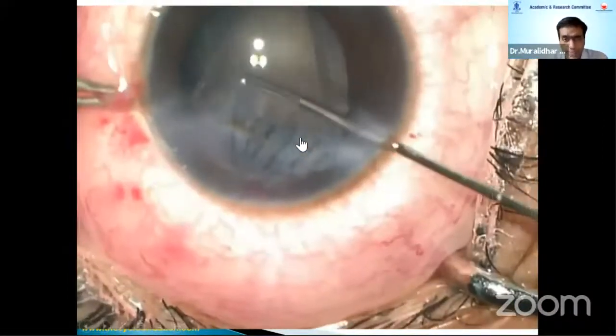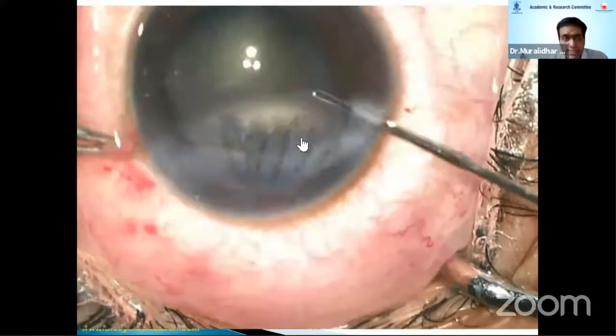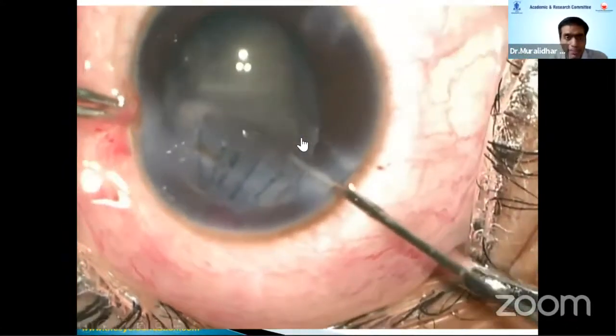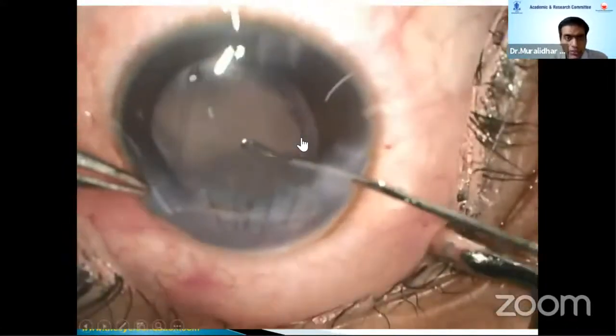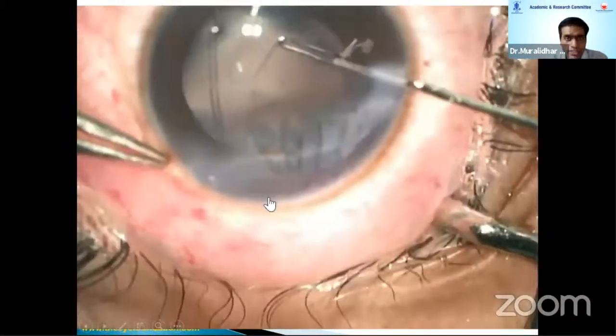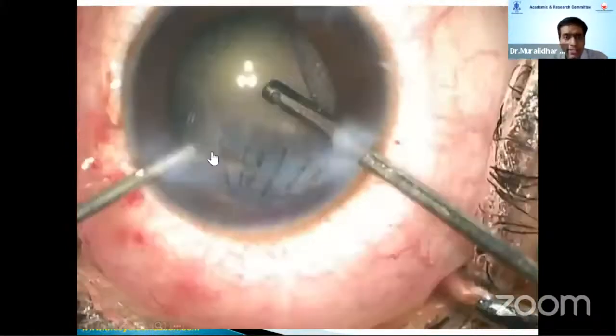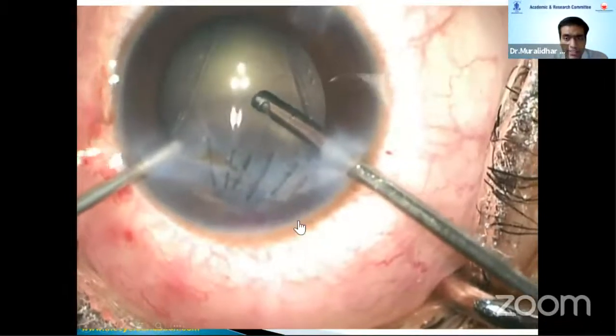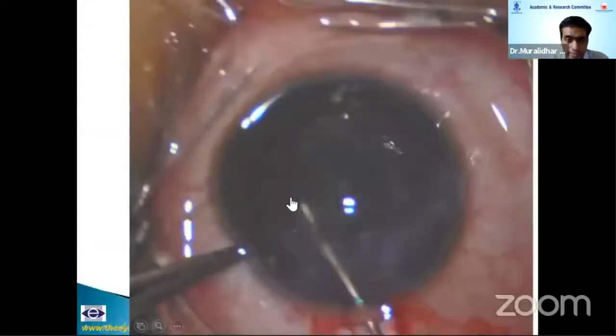So this is a retinal forceps being used. I mean, these retinal forceps are very nimble, but they are also very delicate. So if you use it, make sure you don't damage it. And this is a technique that I learned from Dr. Titial, that is your assistant injecting visco and you can do the vitrectomy.